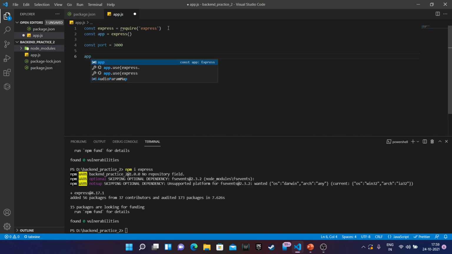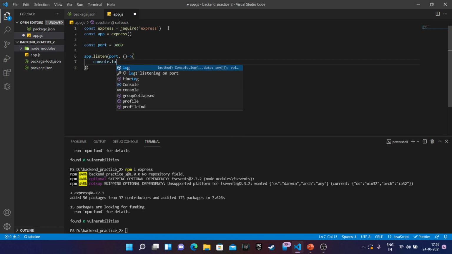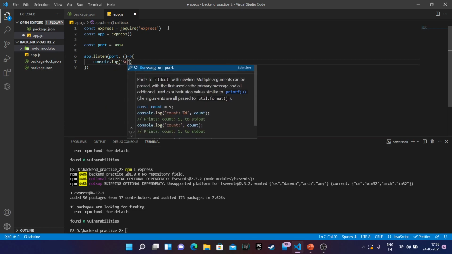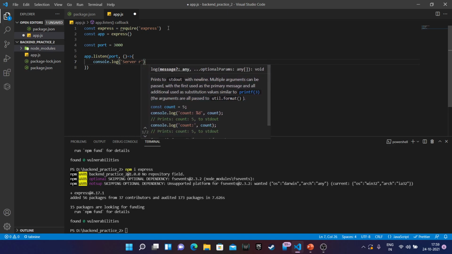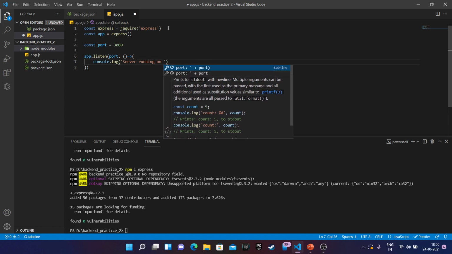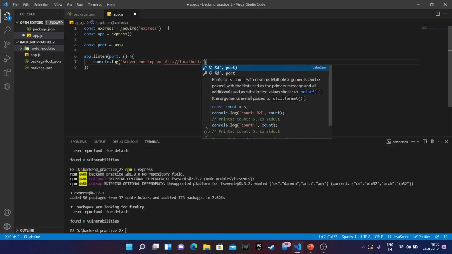So app.listen on port, comma, a function which will be printing some statement into my terminal: console.log of server running on http://localhost:3000.